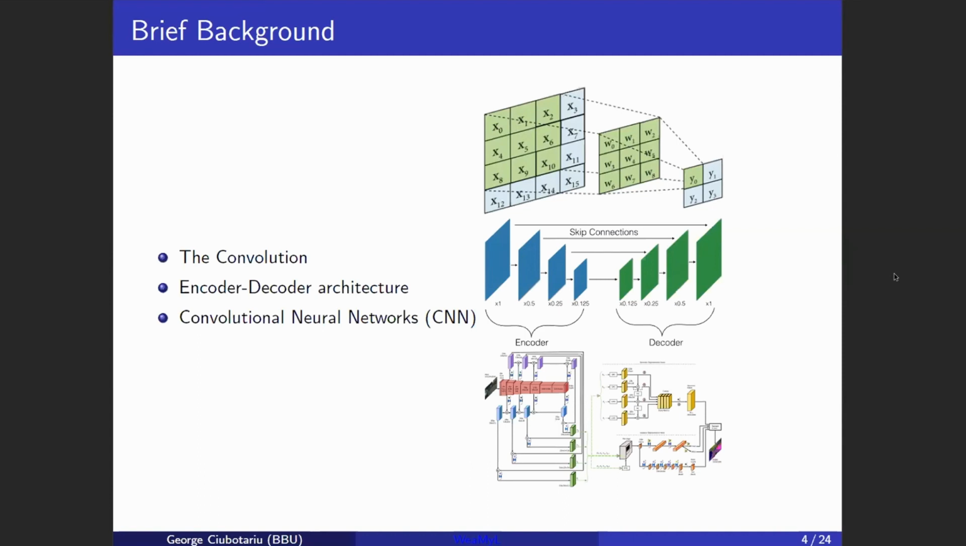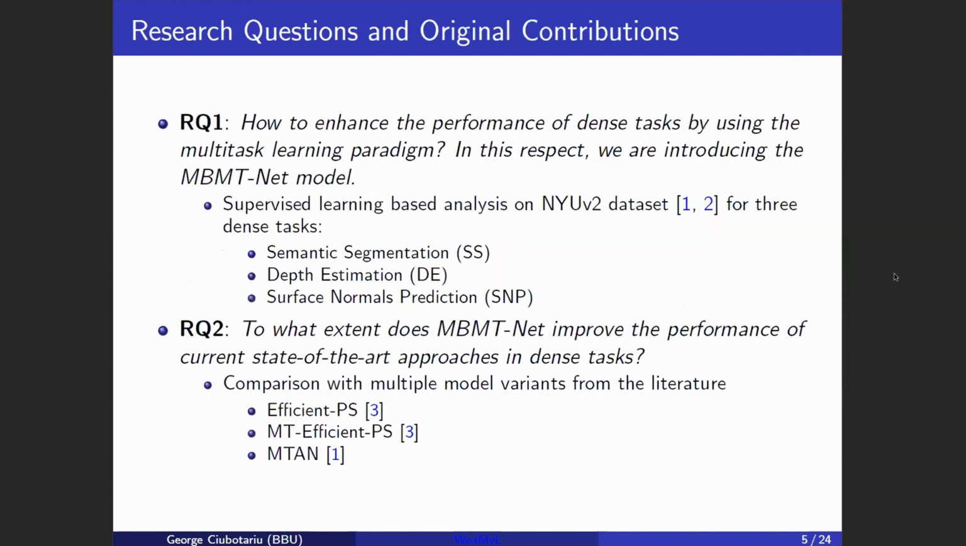And on the bottom image, we can see a convolutional neural network that has a more sophisticated architecture. This is the efficient PS, the panoptic segmentation architecture that we are going to use a part of in our research. And this is also based on an encoder-decoder architecture, and our research also mostly spins around this concept of encoder-decoder, because we are going to try to introduce this MBMT network